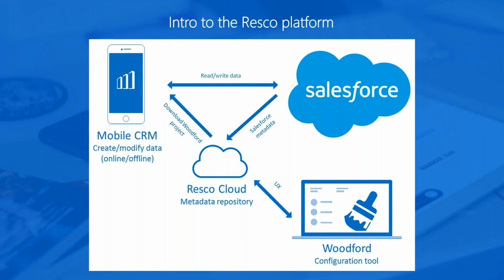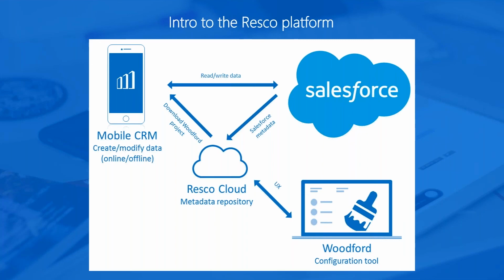Basically, what Resco is, as I already mentioned, is a full mobile CRM solution running on your mobile phone. And it basically accesses two services. First is the regular CRM backend, in our case Salesforce, to read and write business data and to synchronize with the business data. And it's Resco Cloud, which is basically a web service that serves only as a repository of metadata and your mobile customizations. So it somehow represents the data schema you have in your Salesforce organization in a more friendly format